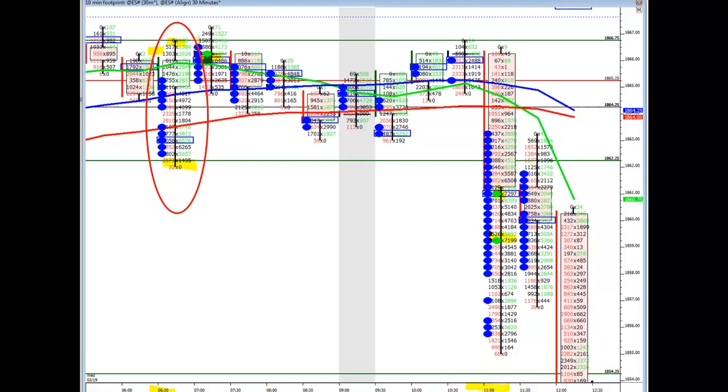But by the same token, we had quite a bit of volume imbalance to the upside here, and we ended up closing a little lower. So that tells me the buying pressure is not that strong either, that there's really a duel here. Neither side is very dominant in this first candle. When I see that